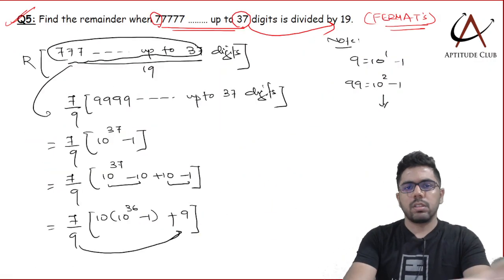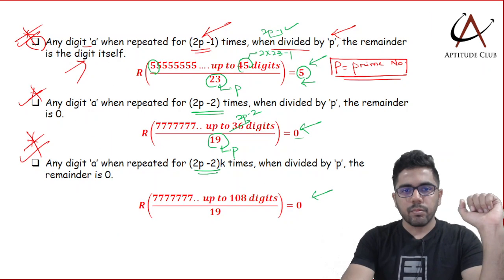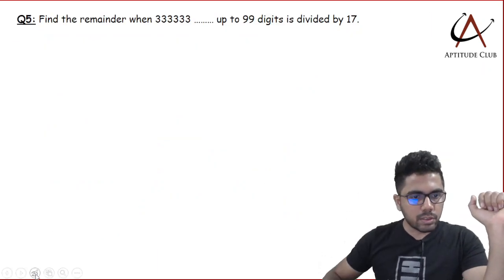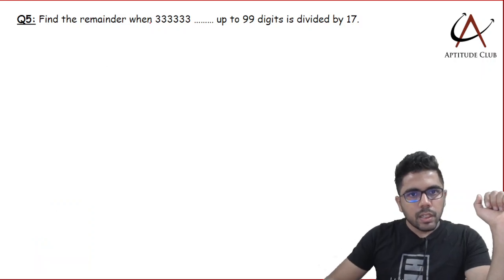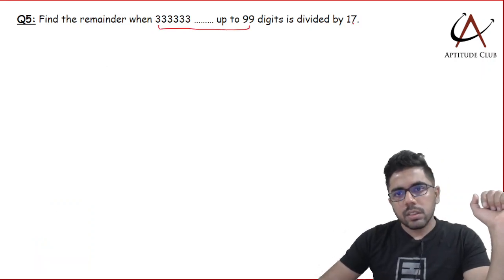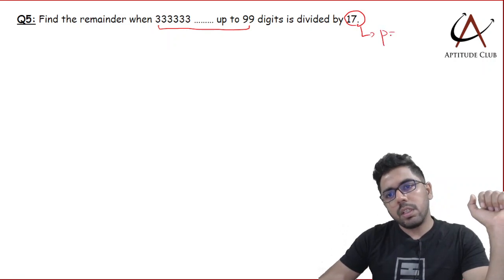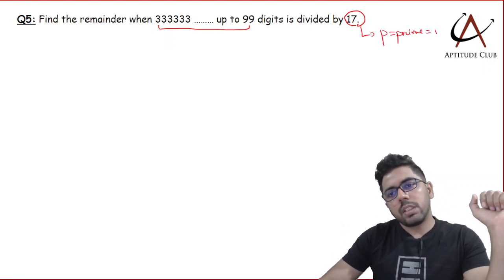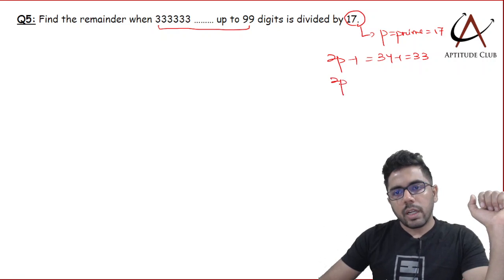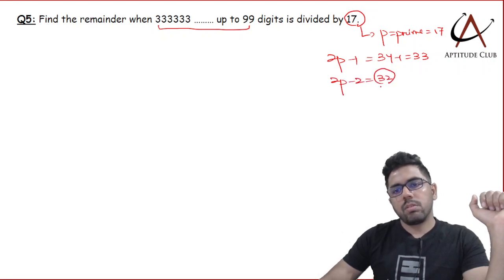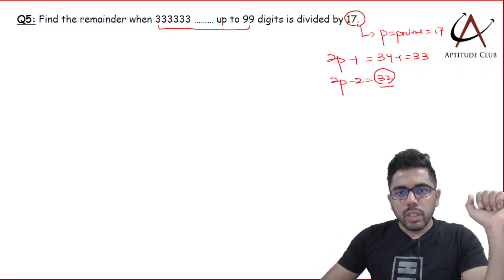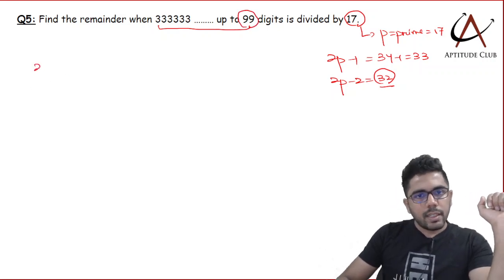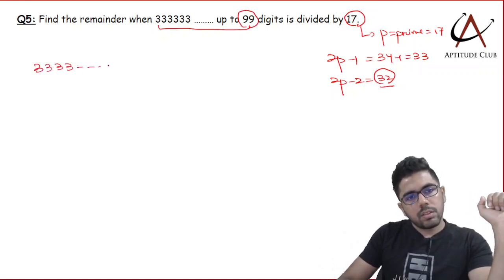फॉर एन एग्जाम्पल लेट अस टेक ए लुक एट दिस वन। यहाँ पे देखो ये नंबर है टिल 99 डिजिट, दिस इज 17, तो यहाँ पे p प्राइम 17 है, तो 2p माइनस 1, तो 34 माइनस 1 33 है, एंड 2p माइनस 2 इज 32। तो ये 99 डिजिट्स आई कैन राइट इट इन दिस वे, 333 अप टू 99 डिजिट्स